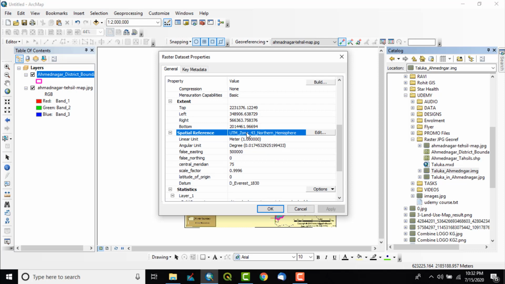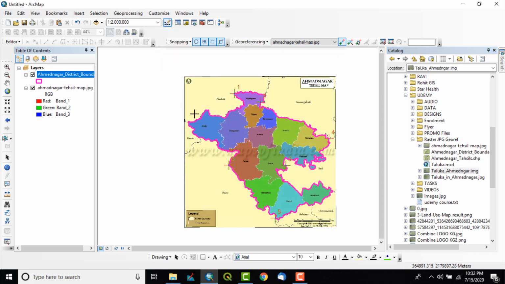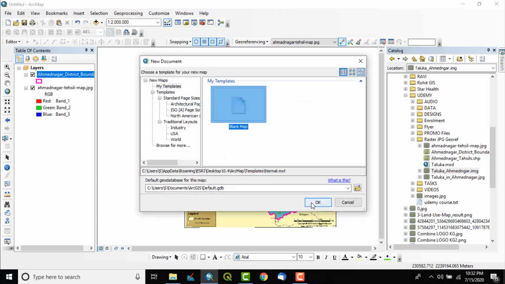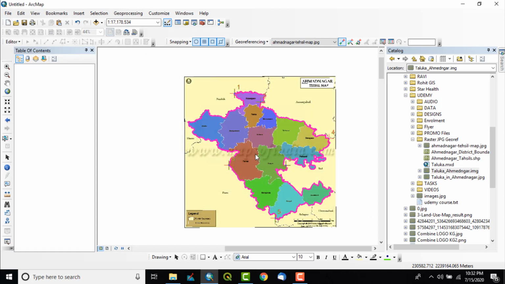Whatever the shapefile's coordinate system was, the same coordinate system has been added to this image file. You can see here UTM zone 43 north. So this is the projected coordinate system. Now you can close this window. Now we'll open a new blank map so as to go further.